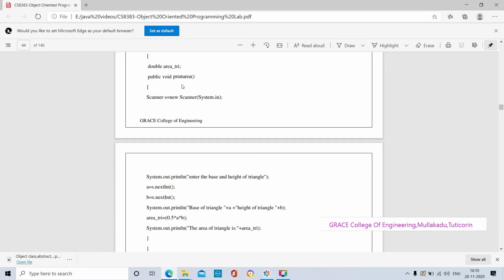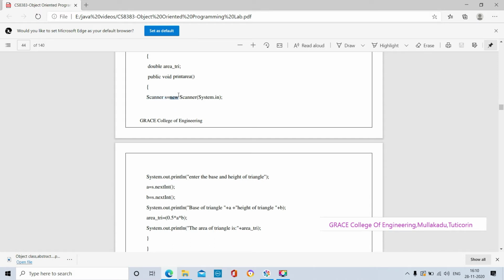This definition describes what the printArea method will do. The printArea method accepts input through the statement System.in. Here System is the class and in is the object. Using this statement it will accept new input. Scanner is the class, so using the Scanner class it accepts the new input. s is the object.